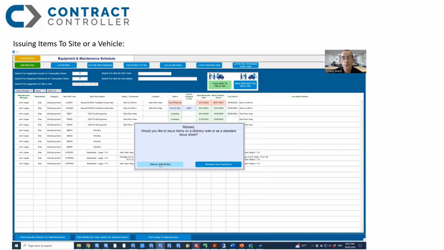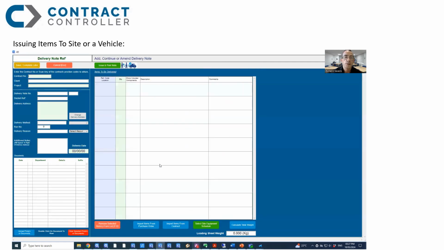If we look at the other way of entering an item, if we issue the item to site or van and we do it on a delivery note, the system takes us immediately to the delivery note entry. So we can either put in a contract number, or we could put the van number in. So if we put